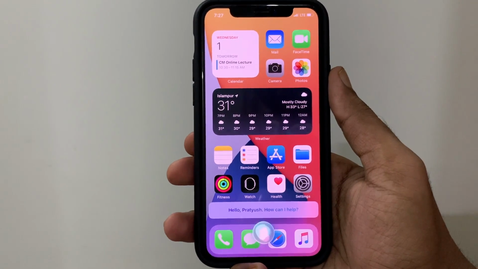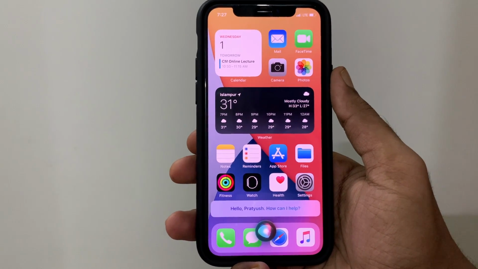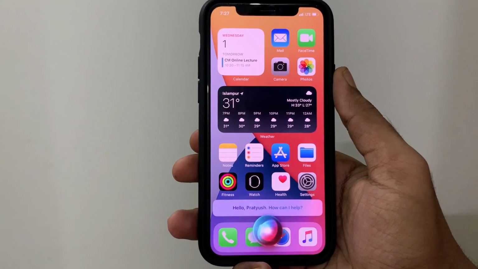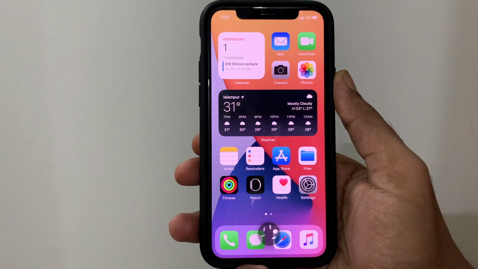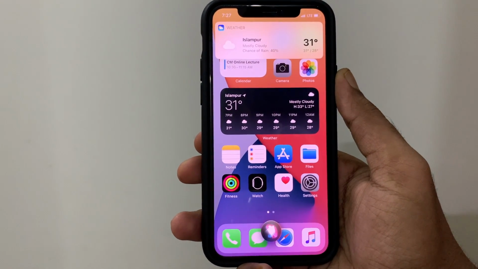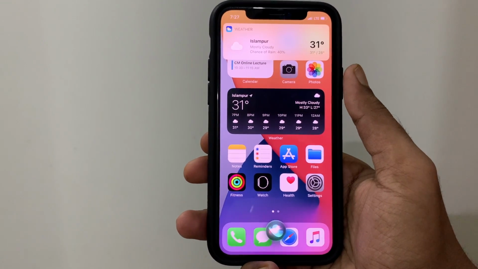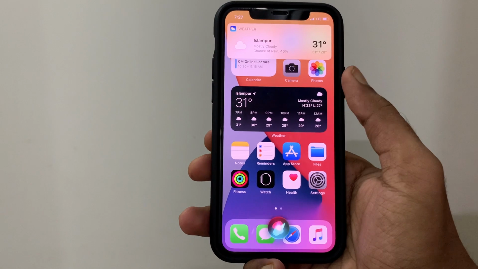So if you ask Siri something, a notification-like pop-up will come on top of your screen and give you the information. It doesn't obstruct the whole screen. You can still continue to do whatever you are doing and ask Siri something. And this works for everything, whatever you ask Siri or ask Siri to do, any task.